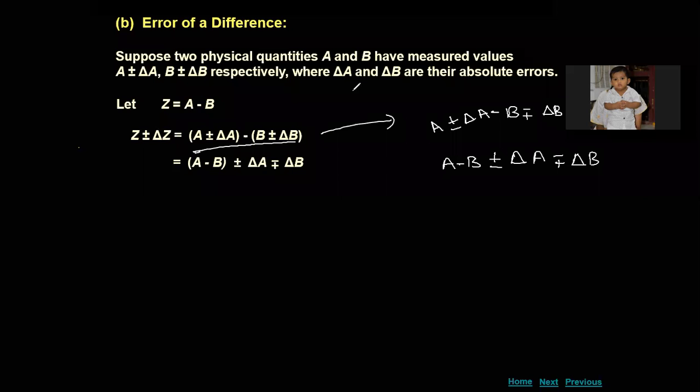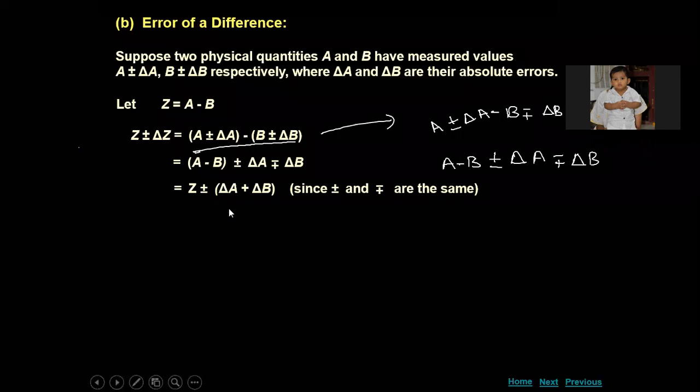Next, further if we see, so A minus B we have written here, if I take out common plus or minus, or minus or plus, it doesn't make any sense. So I am just going with the next step. A minus B is our Z, and this I am writing delta A plus delta B, because plus or minus I have taken out common. Delta A plus delta B I am writing, since plus or minus and minus or plus are the same. Okay, so when we are going in the calculation, a slight difference may be there, but here we can take out the common. So delta A plus delta B we can write over here.